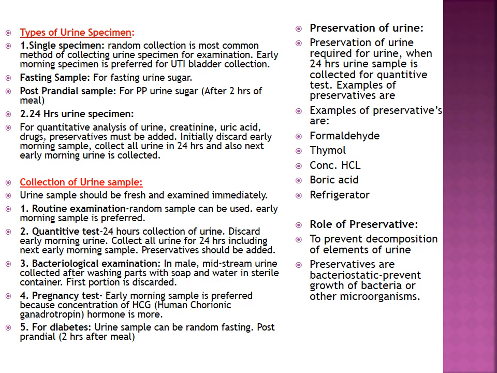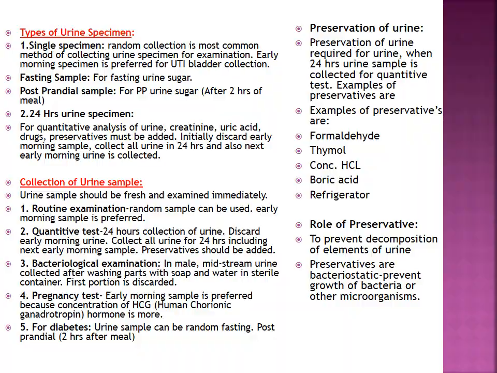So for a 24 hours sample, there may be chances of overgrowth of microorganisms. To prevent that, we have to add preservatives in the urine. They are either formaldehyde, thymol, concentrated HCl, boric acid, or you can keep that in a refrigerator. The role of preservative is to prevent decomposition of the cells of the urine and to prevent overgrowth of